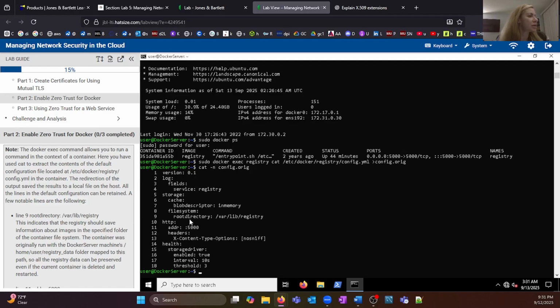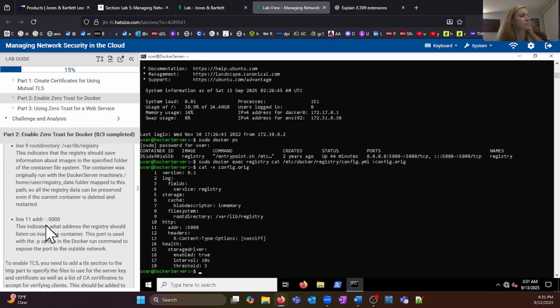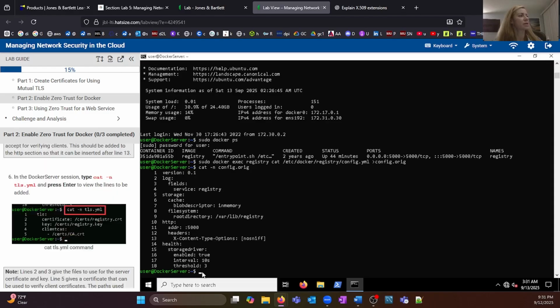Line 9, root directory. Line 11, address. Next, cat